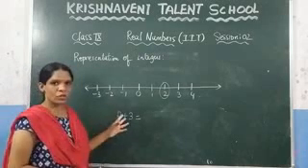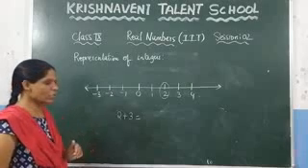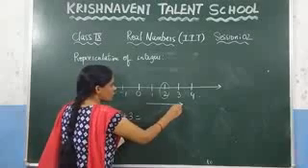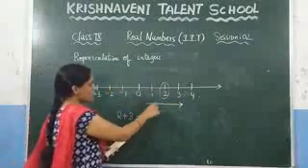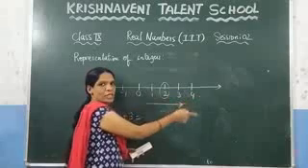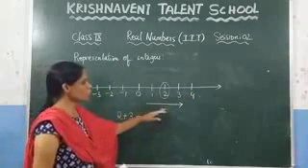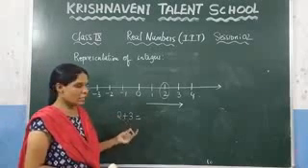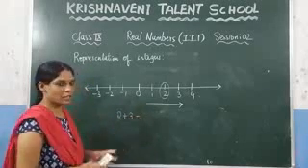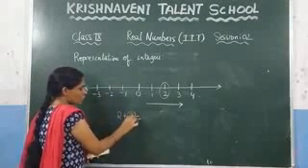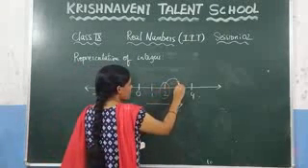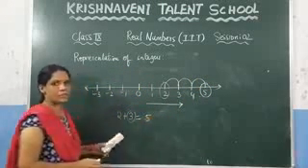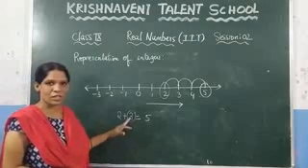If you are adding, you know that the number will increase. So, here you have to go to the right side of the number line, because if you go to the right side of the number line, the number will be increased. You can observe that after 2 you get 3, after 3 you get 4. From this you can see that if you go to the right side of the 0, the number increases. So since we are adding, we need to go to the right side of the number line. How many steps do you need to go? 3 steps. From this point you need to go 3 steps, 1, 2, 3. So what will be the answer? 5. Like that you need to calculate if you want to add 2 integers on a number line.